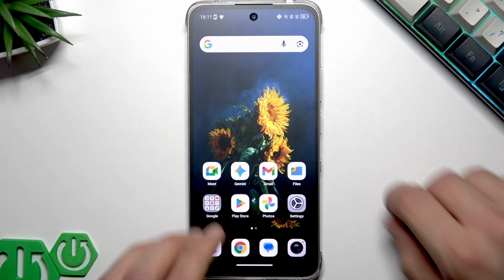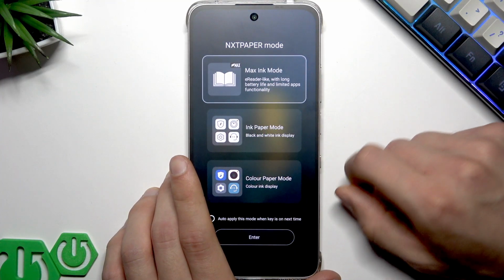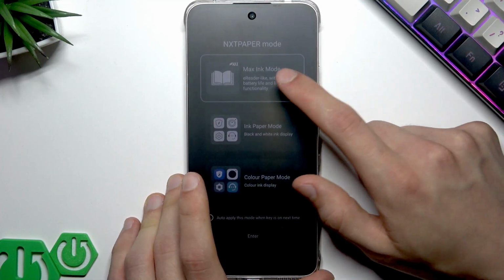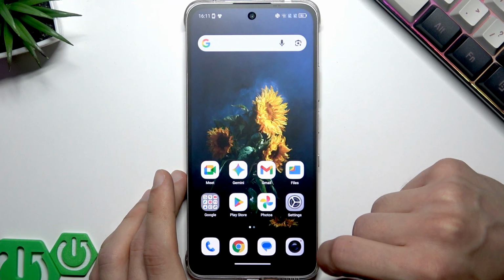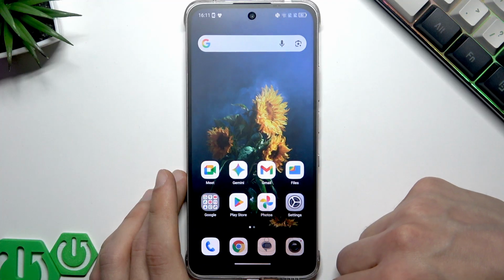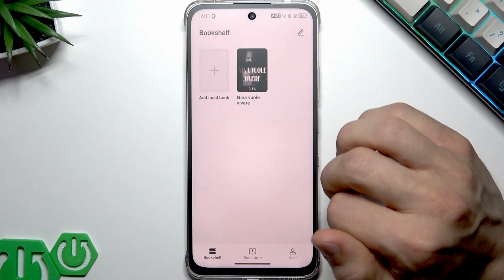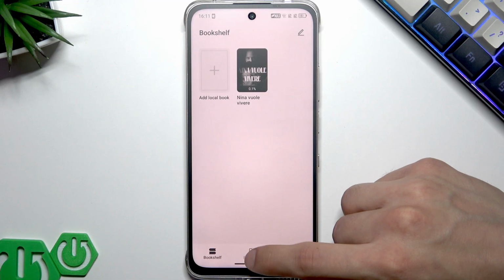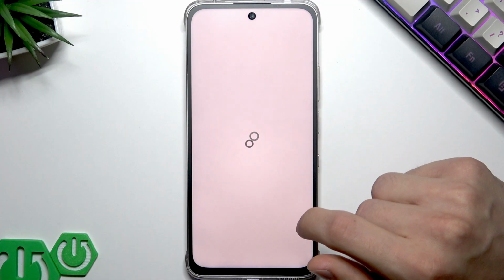So first of all, let's enable the MaxInk reading mode by switching the toggle we have on the right side, selecting MaxInk mode and tapping enter. Now let's go to our bookshelf and let's select any book we have right here. If you don't have any books, you can go to the Bookstore and select sample books